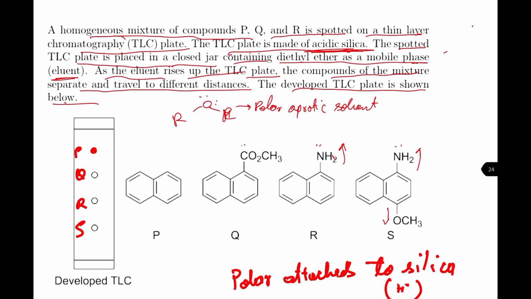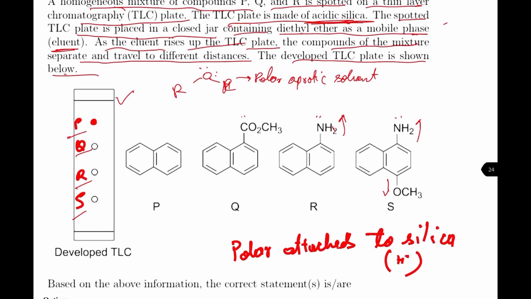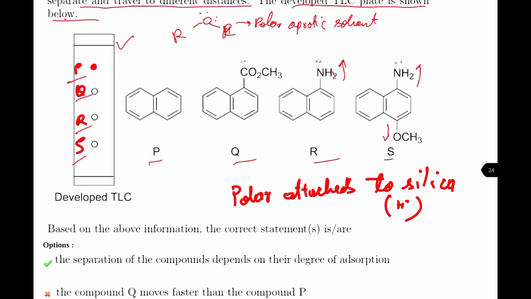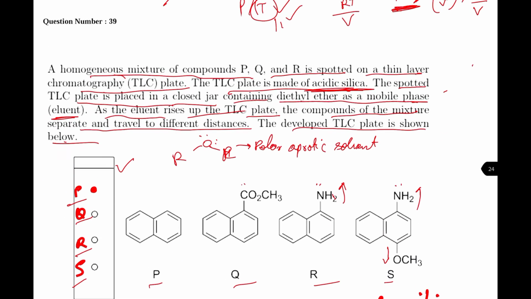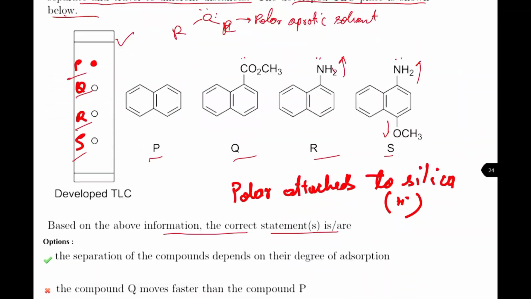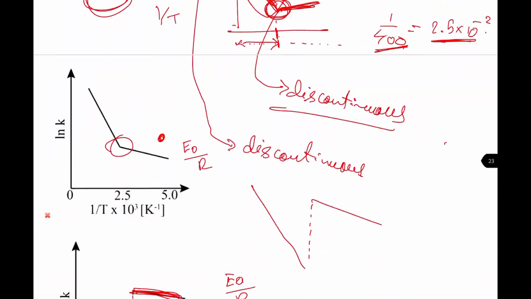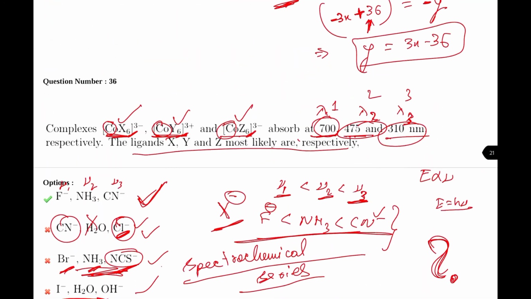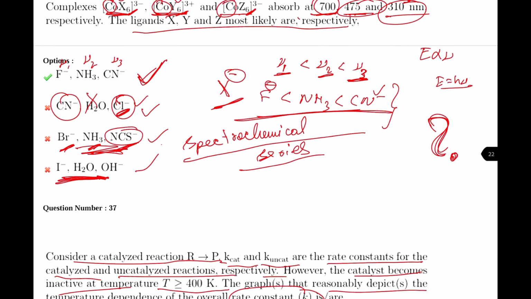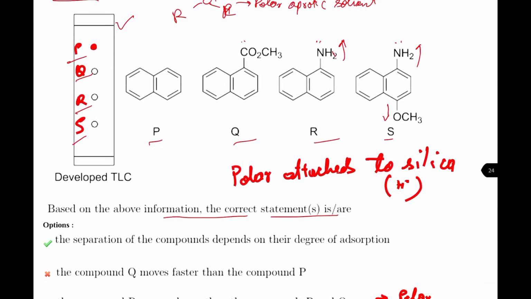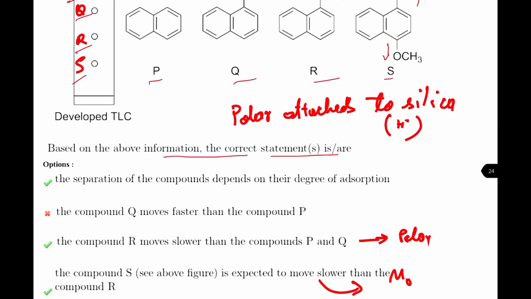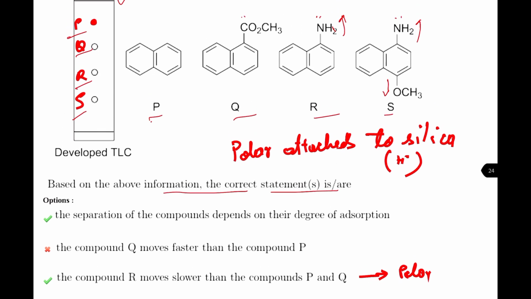Okay, so basically they showed the TLC plate like this. This is, I have written, they did not write this. This is the question, and they have shown compounds P, Q, R, S. Based on our information, the correct statement is R. So from here the multiple choice question starts. After question 36, we have multiple choice questions from 37, 38, and 2 more questions like that. Now, we have compounds PQRS, and there is a TLC plate.